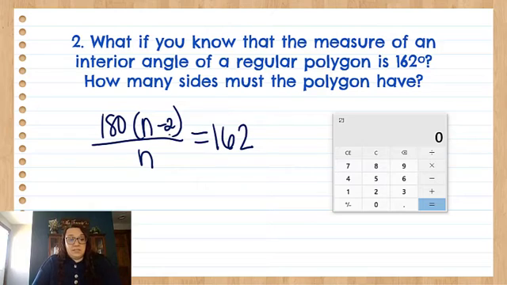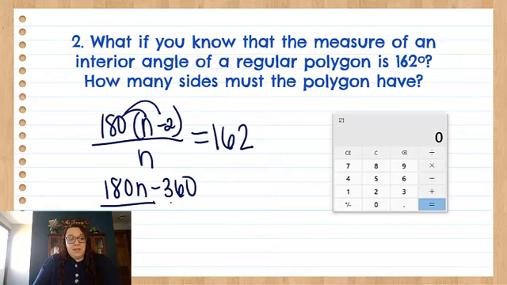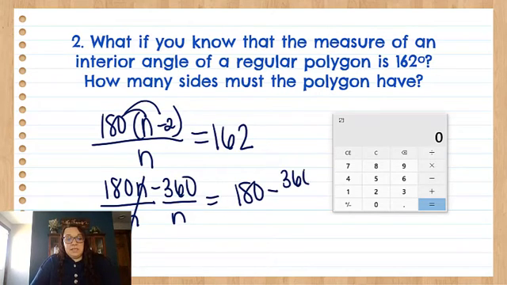On the left, I'm going to simplify a little bit. I'm going to distribute the 180 to both of these terms to get 180n minus 360, and then each of these is divided by n. These n's can cancel, so really I have 180 minus 360 over n